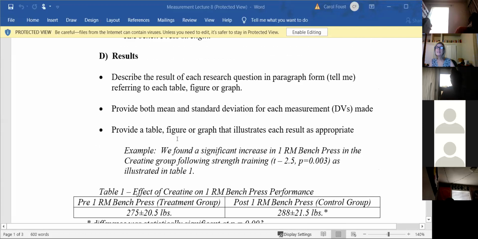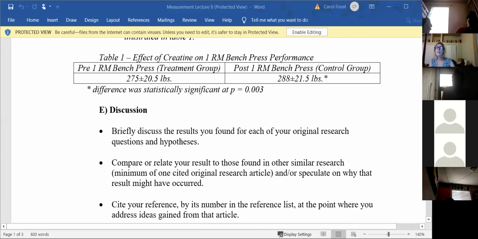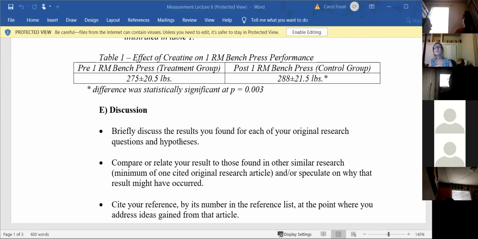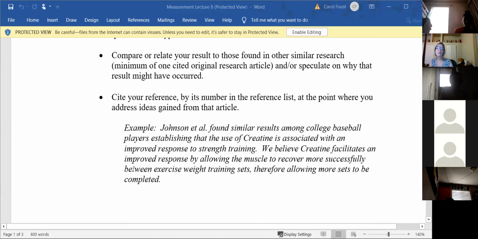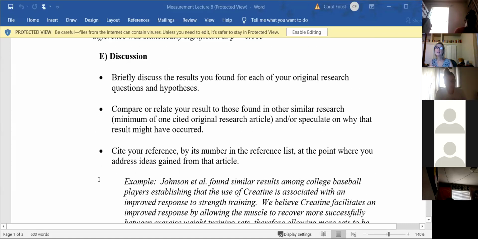And then I could go back and answer my hypothesis. If I said there was going to be a direct relationship between age and sexual permissiveness, then I could go back and say, even though there was a 0.5 correlation and it showed statistical significance, I'm accepting my hypothesis for the relationship, but I'm rejecting it for being able to predict sexual permissiveness. Too much error. So your discussion gives you the opportunity to say whether you accept or reject,